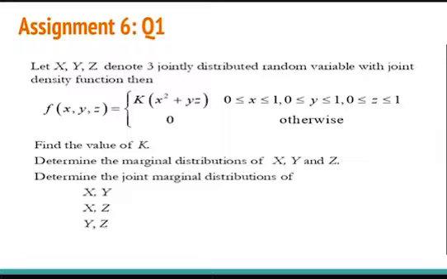So similarly for f of z, you integrate f with respect to x and y. Any question on how to get the marginal? Okay, so that is what you're going to do to get the marginal. Now take a look at the other question. Determine the joint marginal distribution of f of x. Now you know that. Now another question is asking you,